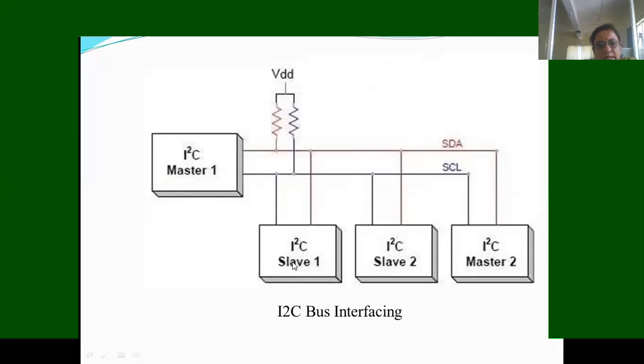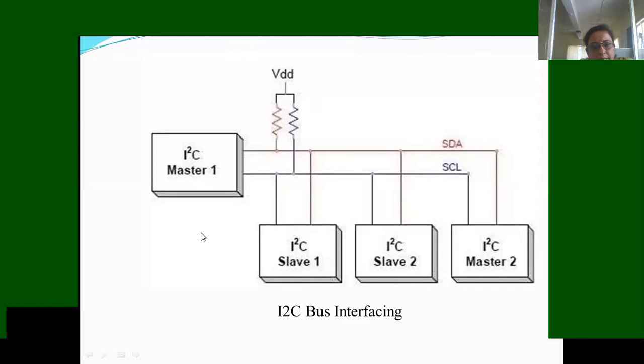Suppose the master wants to read the data from the slave. First the master will send the address to all the slaves. Whichever slave responds with respect to that address, then the master-slave communication will happen. The slave will recognize the address and send an acknowledgement that it is ready for the transfer. Then the master will send the data on the SDA line, the serial data line. It will initiate the read signal, and the slave will respond back to the master on the SDA line.